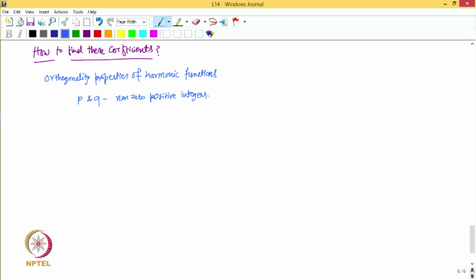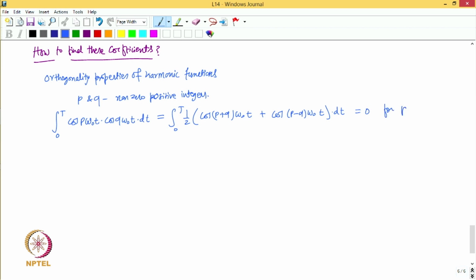okay. So, it can be shown that the integral of say cos P omega naught t into cos Q omega naught t into dt, right. This basically we can simplify using trigonometric identity and write this as cos P plus Q omega naught t plus cos P minus Q omega naught t, right. So, if you carry out this integral, then both these integrals would be 0, right, for P not equal to Q. So, if this P and Q are two distinct integers, then the integral of both these cos terms would be 0, right, because